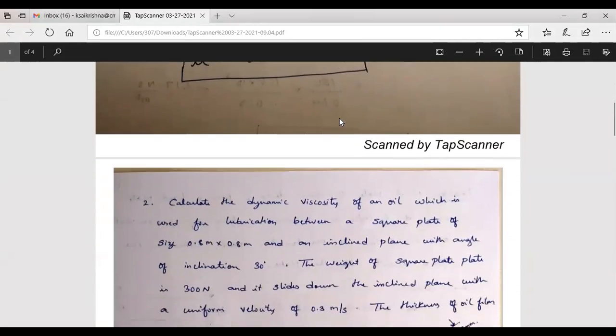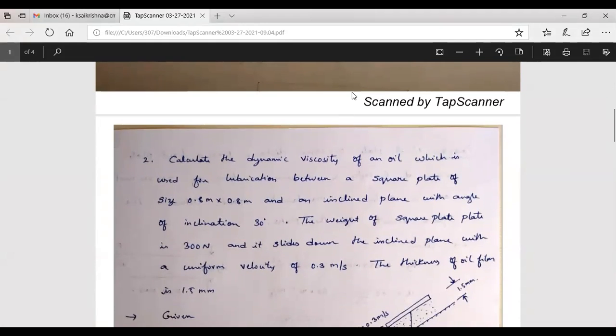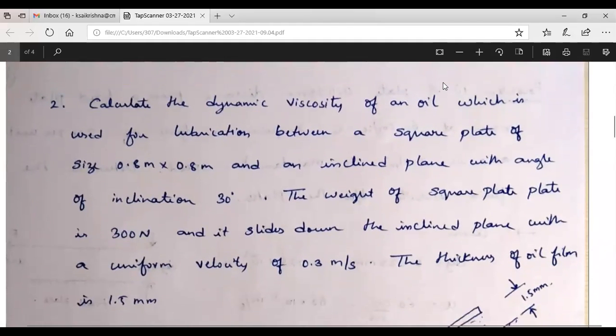Okay, right. So next problem I'm showing here. Write down the question first. Is it visible to you? Shall I increase the size? Yes, right. Take the next problem. So remember one thing, dynamic viscosity or just viscosity, both are the same. But kinematic viscosity is the ratio of viscosity to the density, nothing but dynamic viscosity to the density of the fluid. Right? Take this problem now. Next one.